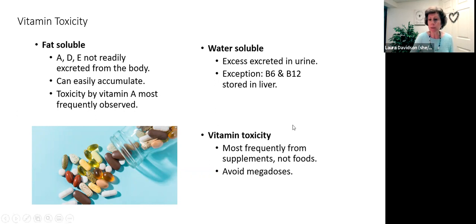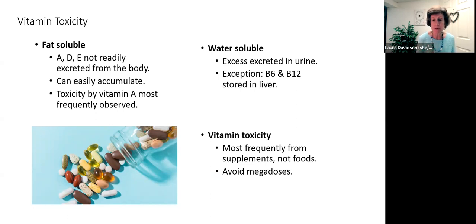Water-soluble vitamins, for the most part, are excreted. There are a few exceptions that are stored in the liver. I wanted to mention that B6 is stored also in the muscles, and primarily in the muscles. And it's interesting, we don't have a UL for B12, but we do for B6. It's very, very high and impossible to reach from foods. But if you do mess around with inappropriate doses of this vitamin in supplement form,